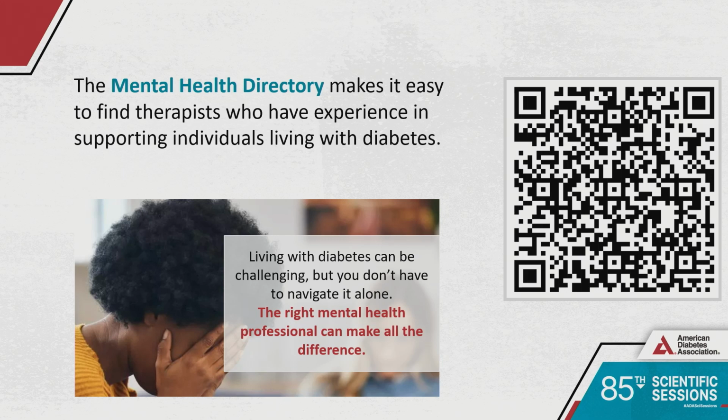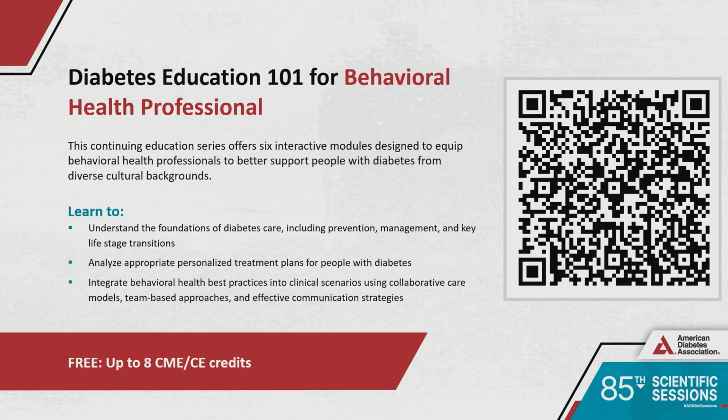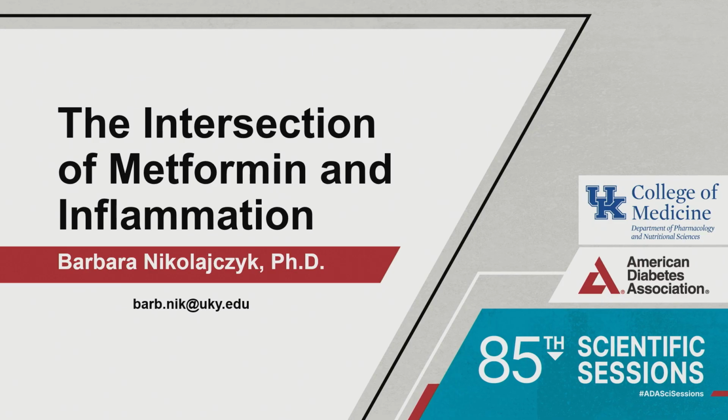Barbara is a professor of pharmacology and nutritional sciences at the University of Kentucky, and her research focuses on identifying the role that immune cells play in human obesity and aging, and type 2 diabetes. So, welcome. All right. So I want to thank the organizers for inviting me to present my team's work today